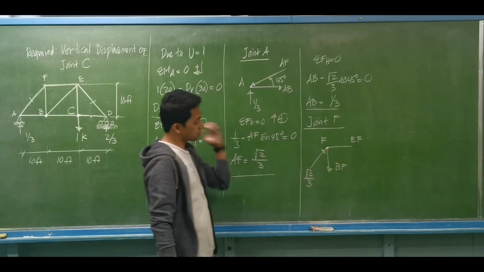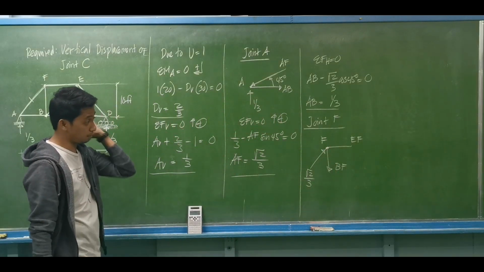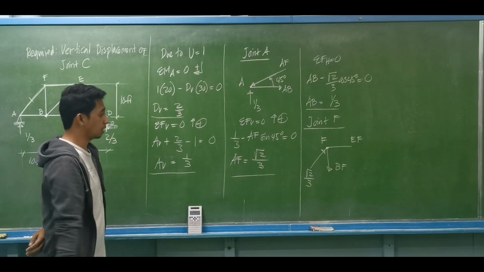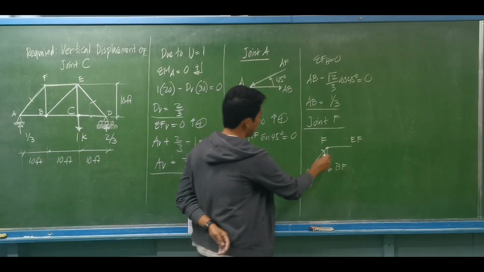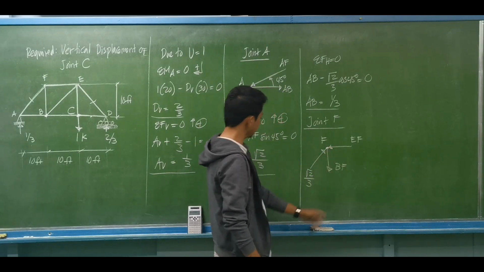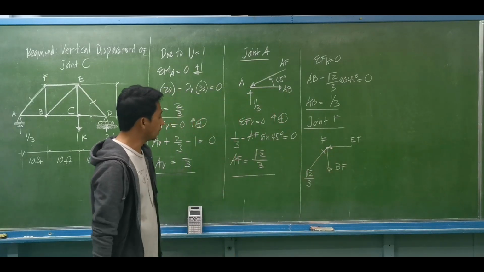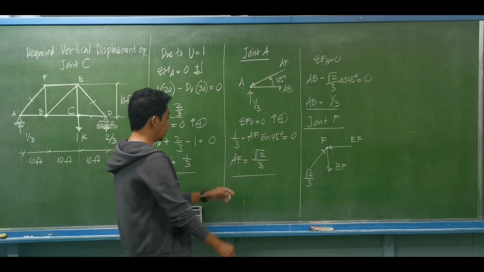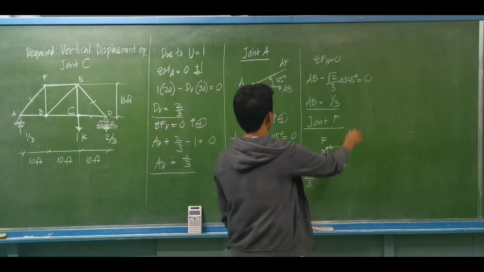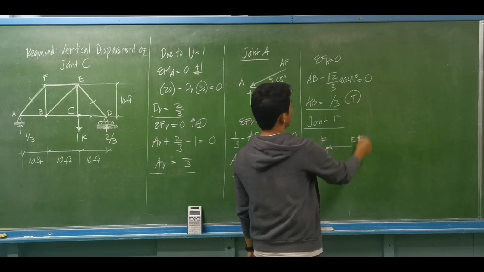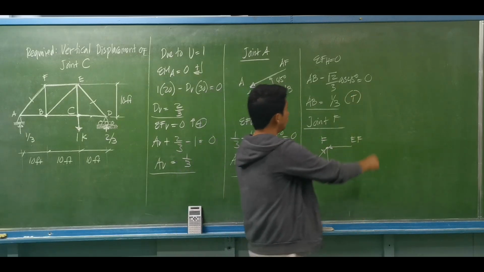So again, parang the same assumption of directions from dun sa railroads natin. So we have EF, it is assumed to be compression, and BF assumed to be under tension. So by the way, we have member AF is under compression and AB under tension. So we can have the values by